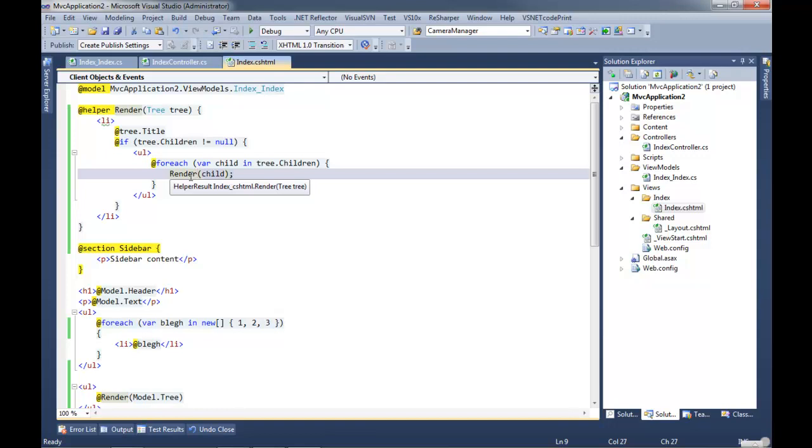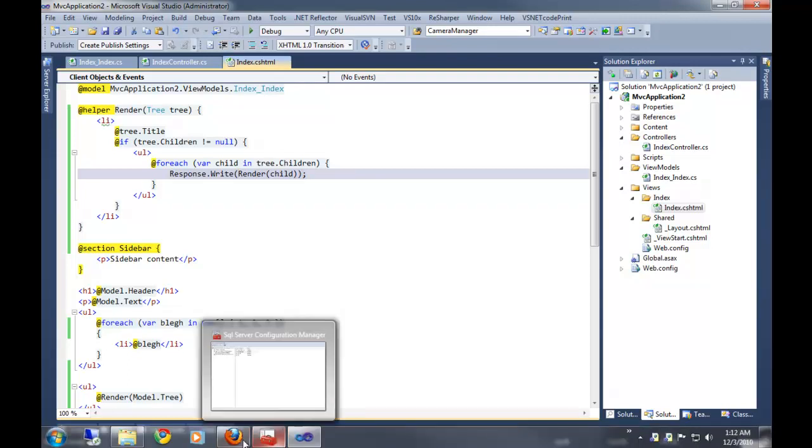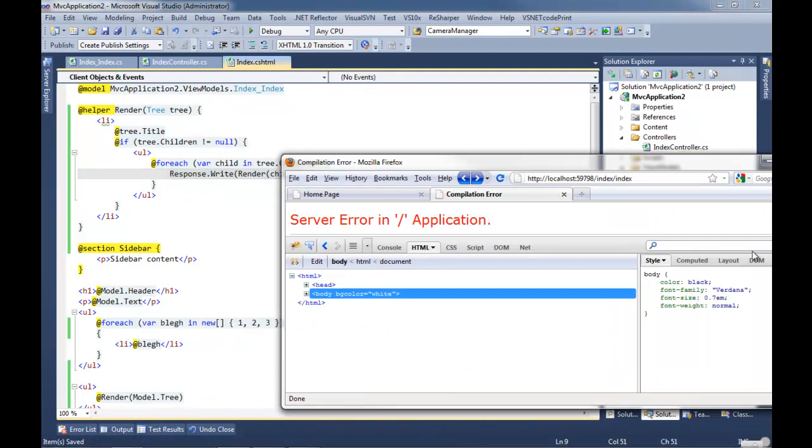Okay, so this is, as far as I can tell, completely valid. It's getting to this point right here, and I think it could be calling this again, but it's just not printing it. So I might need to do response.write. I swear I didn't have to do this on my existing project, but maybe I do.